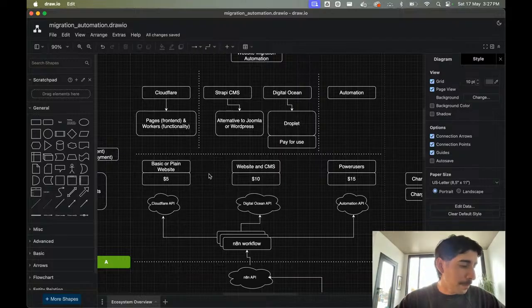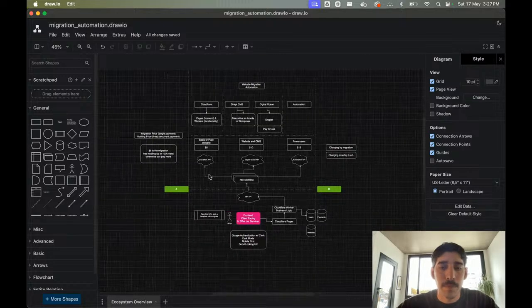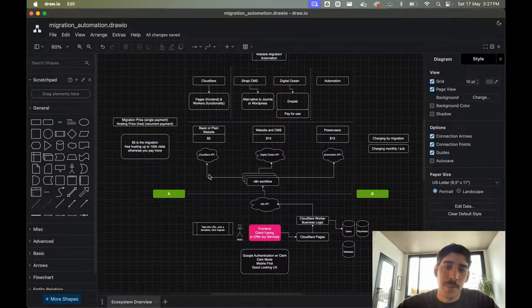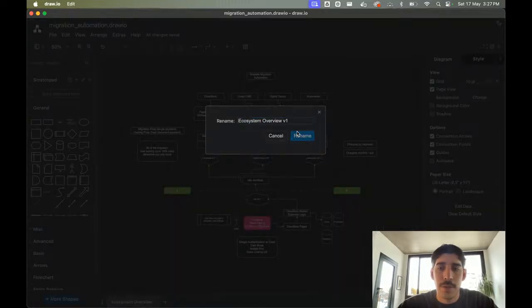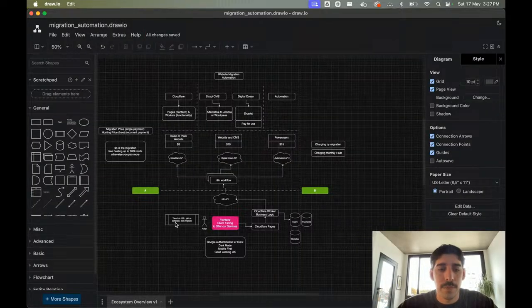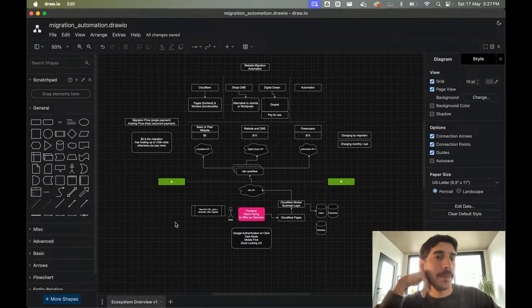So anyway, I think this is a good starting point. It's a bit messy, but we can organize this better. Let's call it a big one, to have this as a register, as a memory.